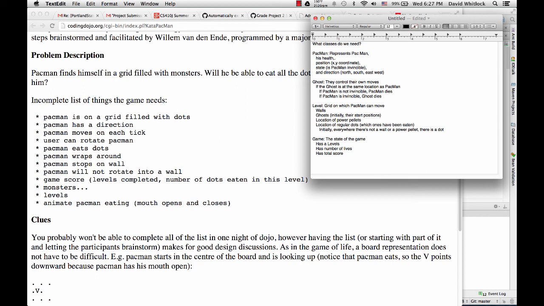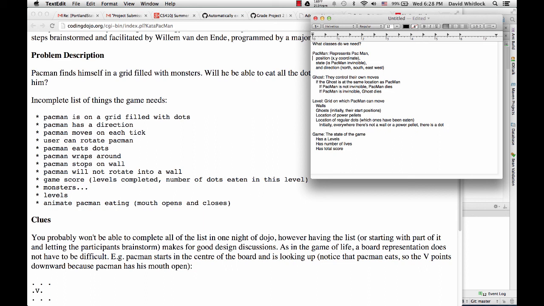Oh yeah, we want to keep track of it in the game, because Pac-Man could get reset every level. I don't know. Maybe we don't need to make this decision now. We know about it. Maybe it makes the most sense to have it on Pac-Man. Maybe it makes the most sense to have it on game. We'll see when we start. We'll see what the code looks like. Okay, what else?